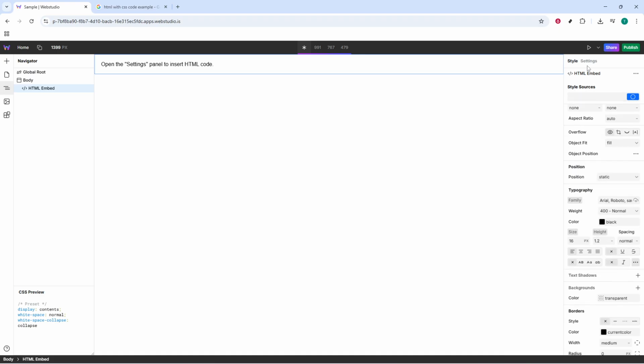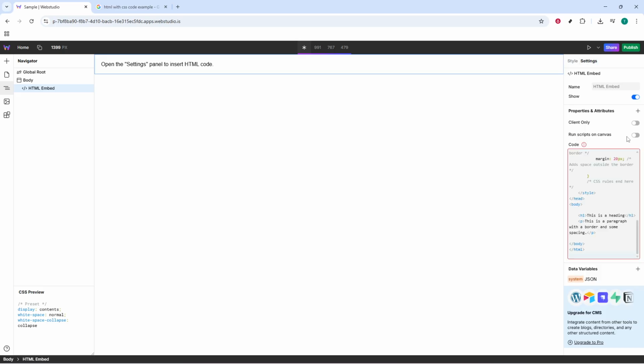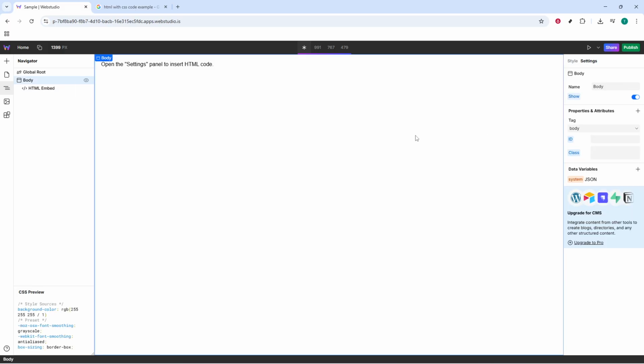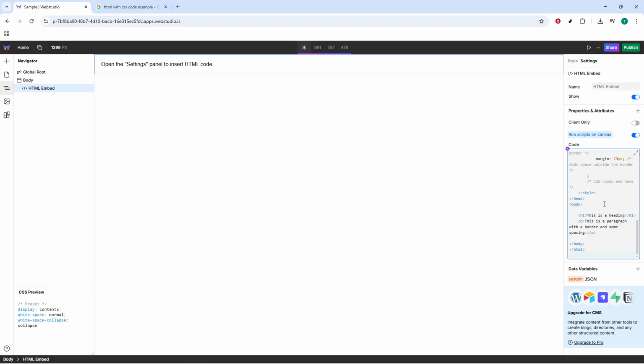If you want to see your code execute directly inside the builder, toggle the Run Script on Canvas option. This is great for testing widgets or interactive elements as you design. If you notice the builder slowing down or conflicting behavior while you edit, you can simply toggle that option off and continue styling. Keep your embed code as lean as possible and only use trusted sources, especially when including third-party